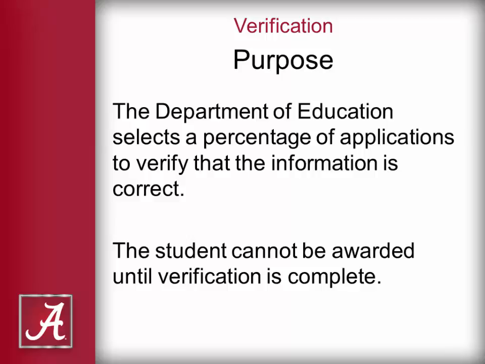Once your student has completed the FAFSA, they will receive an email from the Department of Education notifying them that the FAFSA has been processed. In that email, there should be a link for something called a student aid report. That student aid report will give the student an estimate of an award, so what they can expect to be offered. We'll also let them know if there have been any errors on the application, anything that needs to go